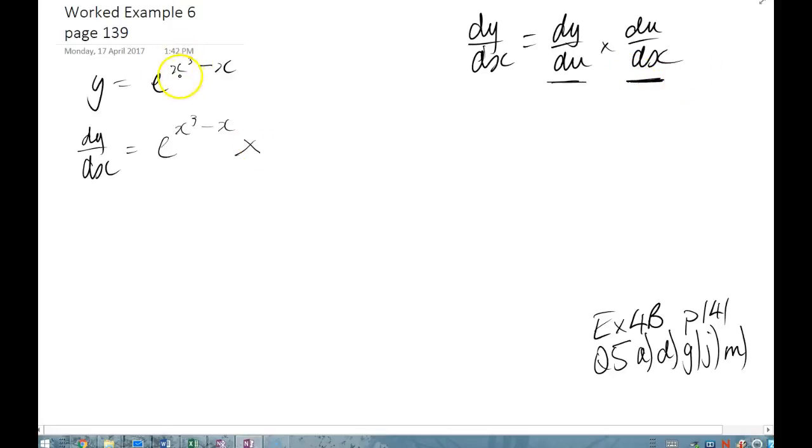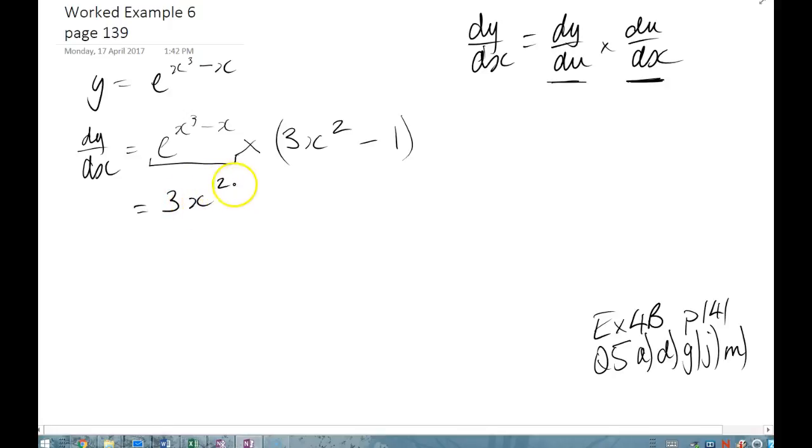So u would equal x cubed minus x. So if I differentiate that, x cubed minus x, I'm going to get 3x squared minus 1. I'm going to put that in brackets because this thing in front here that we got first, I need to multiply that by the whole thing over here, the whole answer of du/dx. So when I go ahead and multiply that out, or rearrange it, let's rearrange it first, we will end up with